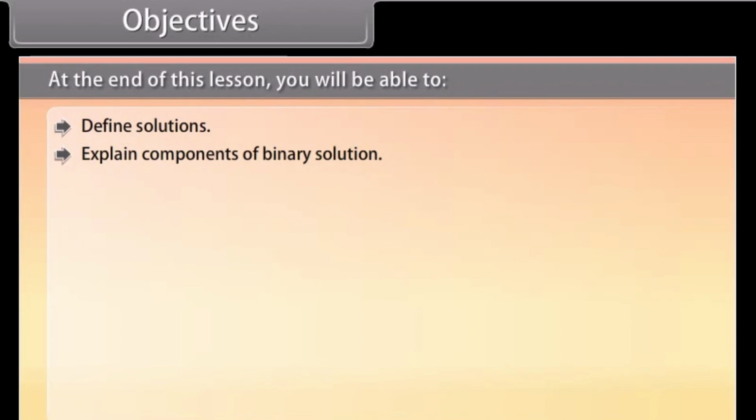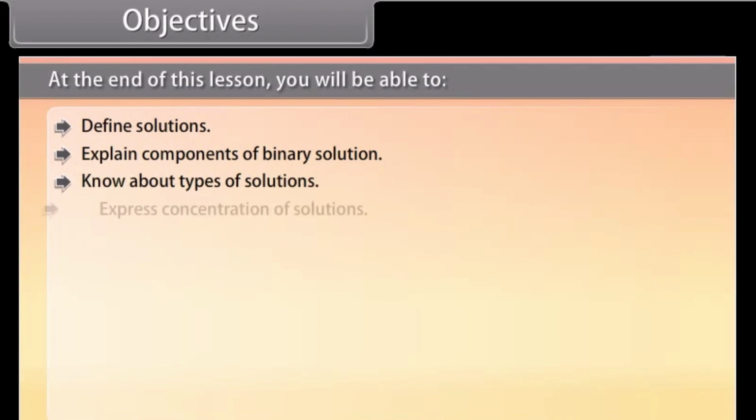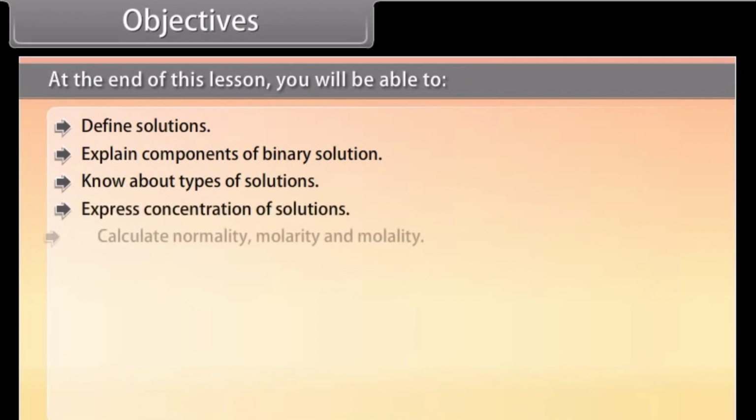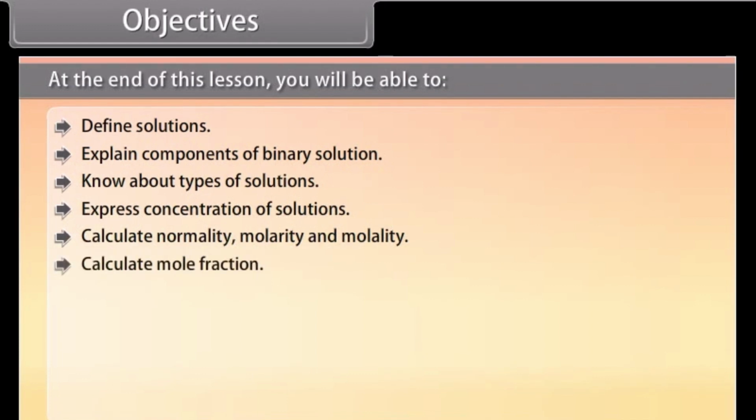Objectives. At the end of this lesson, you will be able to define solutions, explain components of binary solution, know about types of solutions, express concentration of solutions, calculate normality, molarity, and molality, calculate mole fraction,